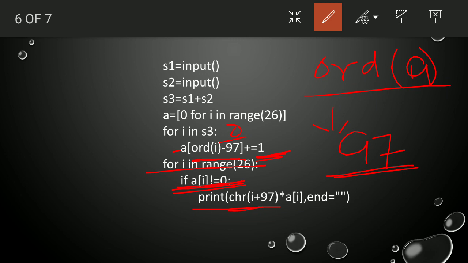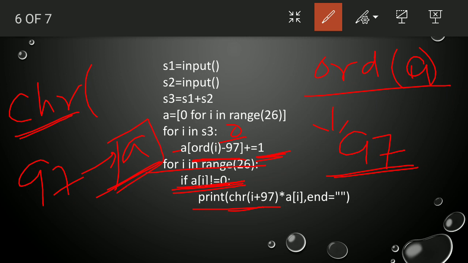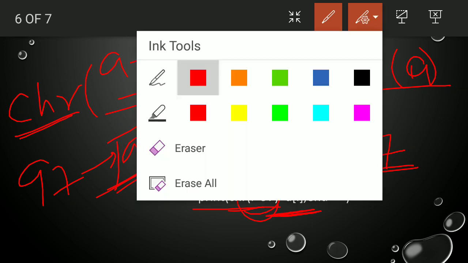The chr function converts an ASCII value like 97 to A, that is, it will print the character A. So i ranges from 0 to 25, that is 0, 1, 2, 3, plus 97, because the small letter a has ASCII value 97, multiplied by A of i to handle duplicate values as well.